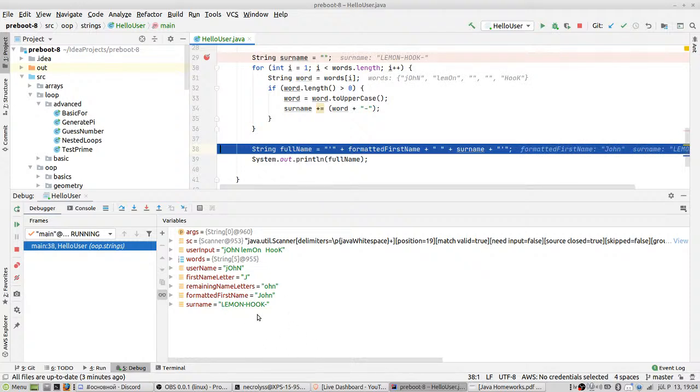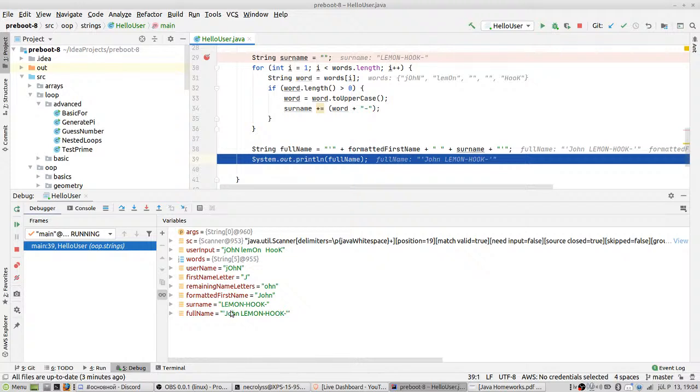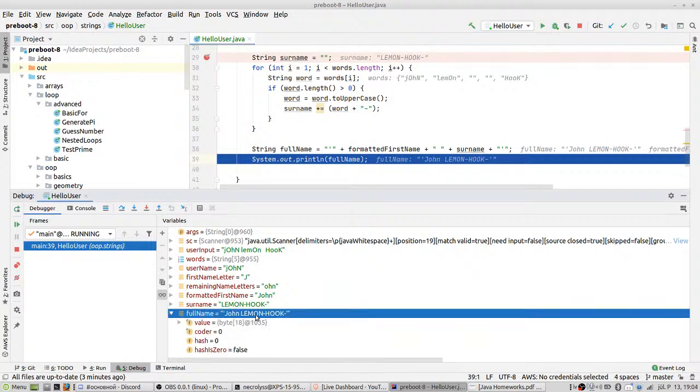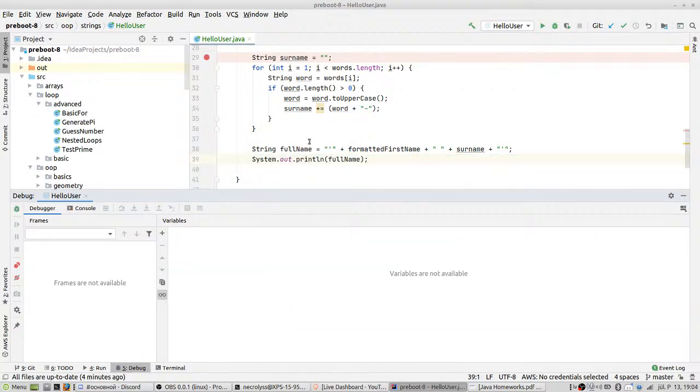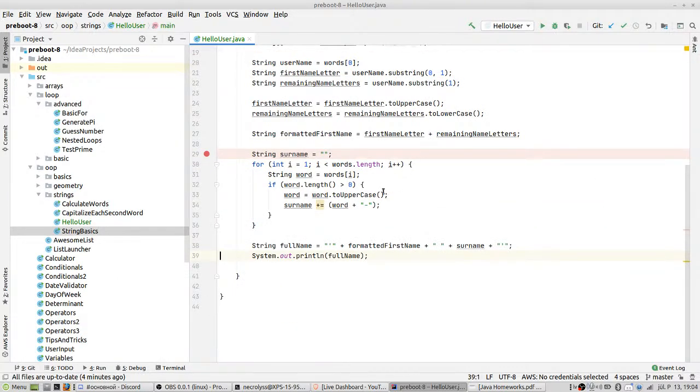Okay, now we have this result. So the last thing that we need to perform is to take this surname, take the formatted first name, concatenate it with the surname, and just put an extra space between them. So this is now our full name. Here we have both the first name, space, and the formatted last name. So the only problem we have here is